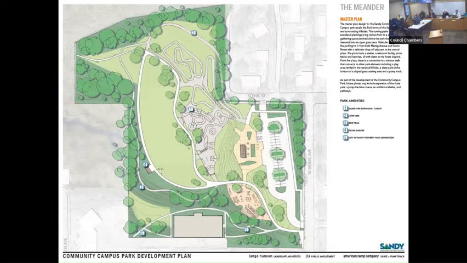Along the same lines, what you see in number 3 is the idea that there may be a shared trail that is similar to your future Sandy River Park Trail, which might be combined for both pedestrians and bikes that can make their way and meander through this, that ultimately could connect with the pump track. Number 4 shows another picnic shelter, which we don't feel we can perhaps afford as part of the first phase, but it could happen at a later phase. And then you'll see the pump track and skate park expansion as well.